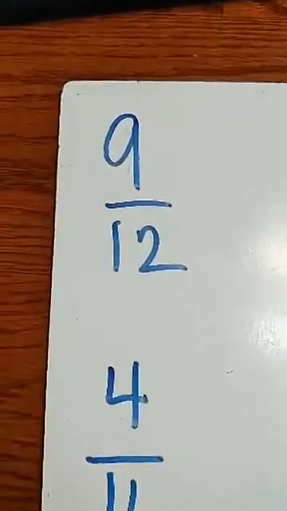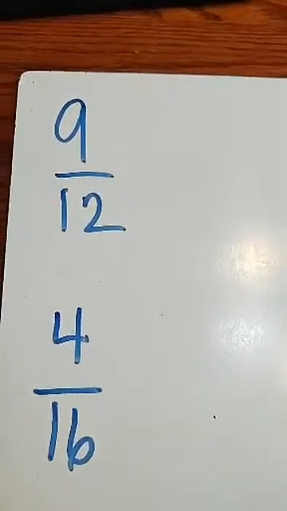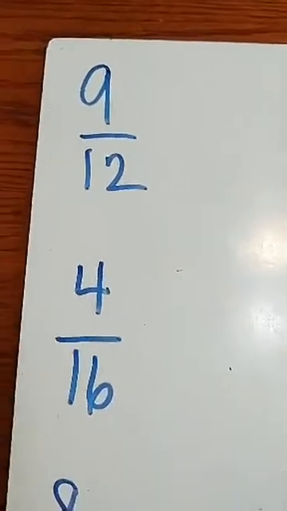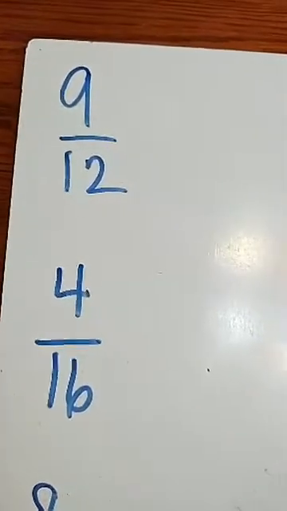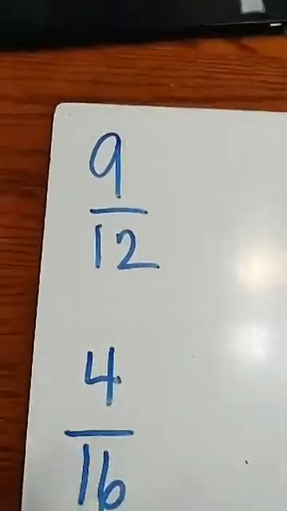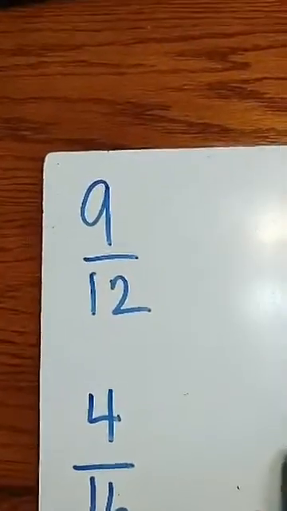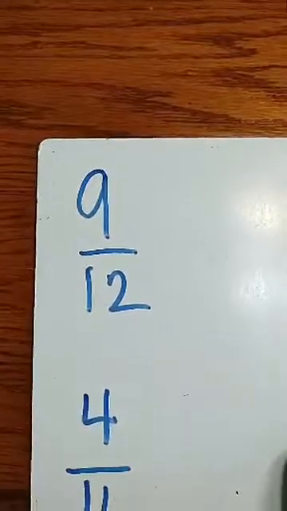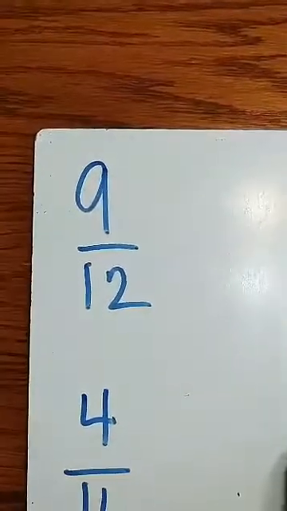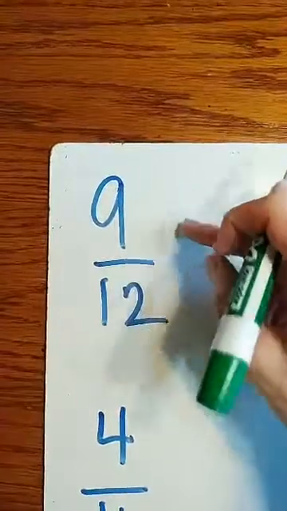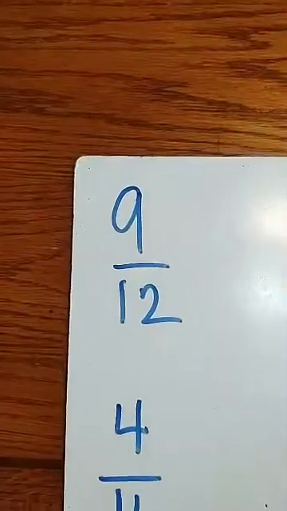Okay, I have this fraction 9/12. And remember what I've been saying every time we do a problem and we get a fraction for an answer: we look at that and we say to ourselves, can I reduce that? We always look at our answer and say, can I reduce that? What I mean by reduce or simplify is we want this in the smallest form it could be in. So if there's something we could divide the numerator and the denominator by to get those numbers smaller, we want